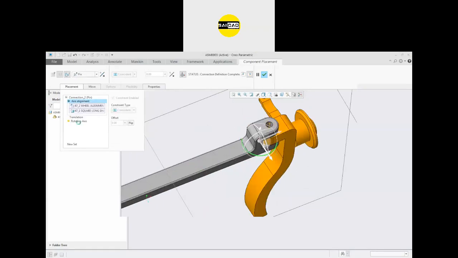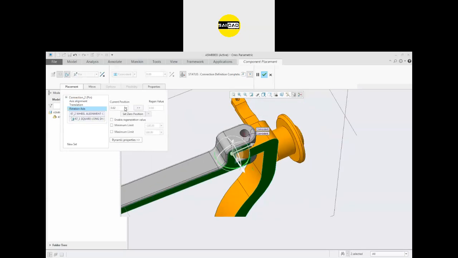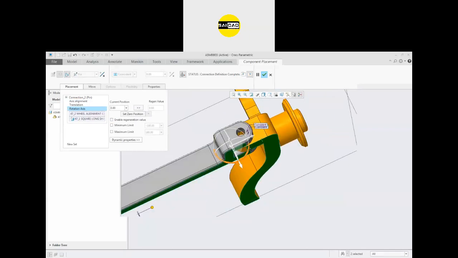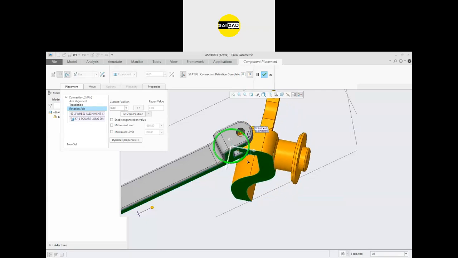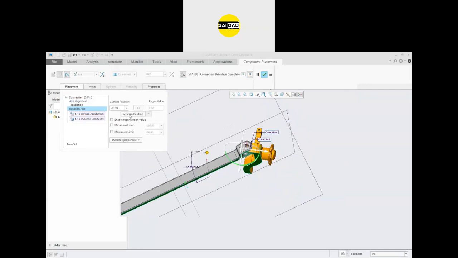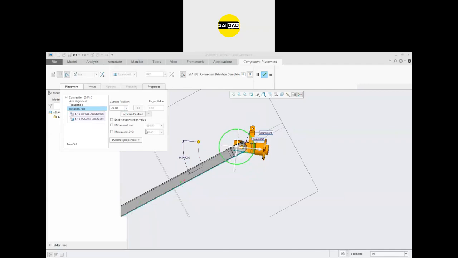To control this, we have to select the rotation. We have to select two faces like that, and now we have the current position here. If you click 0, this is the fixed part. This is the 0 location. Now, if you turn it, I want it to turn maximum up to somewhere here. Okay, so in the rotation, this is the minus 33 degree. I want to take it up to 34. Okay, this is the plus 34. This is the minus 34. So select according to your need.